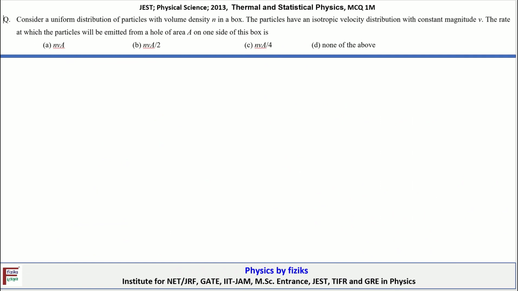So let's take a look at the last problem. The statement is: consider a uniform distribution of particles with volume density n in a box, where particles have an isotropic velocity distribution with constant magnitude v. The rate at which particles will be emitted from a hole of area A on one side of this box is, okay. So this is almost identical to the total number of collisions. Here we are making an argument that the total